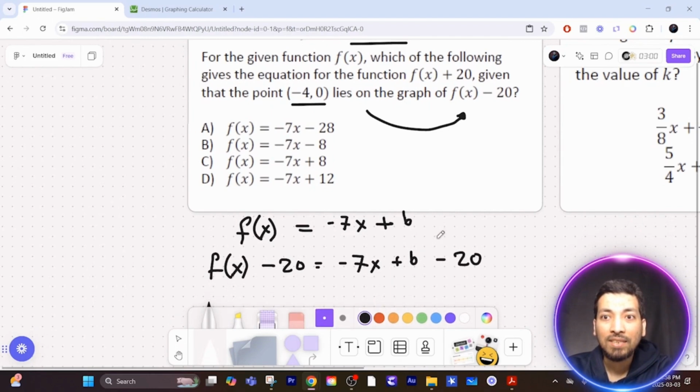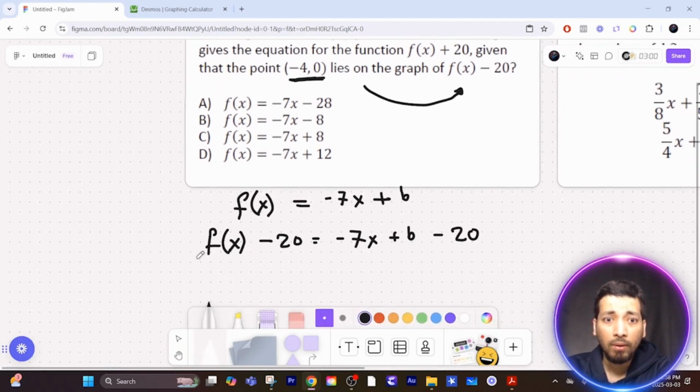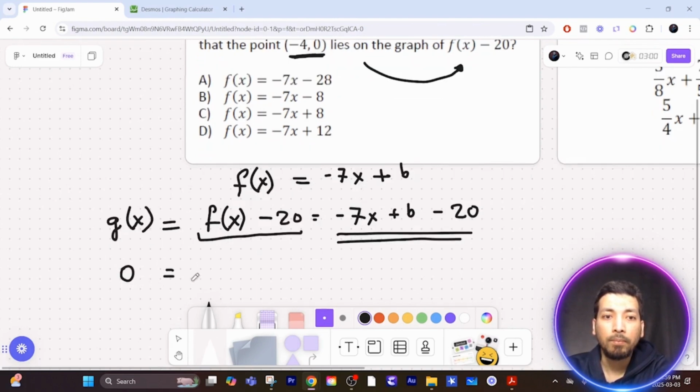Now, in this function, we know that this negative 4, 0 lies on this graph. So this is my new function, f of x minus 20. Let's say this is a function of g of x. So you just convert this into a new function. And this g of x is basically y, which is 0 in this case. So we are basically putting negative 4 for this x. We have negative 7 times negative 4 plus b